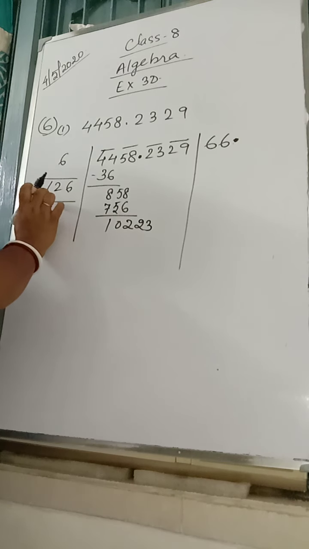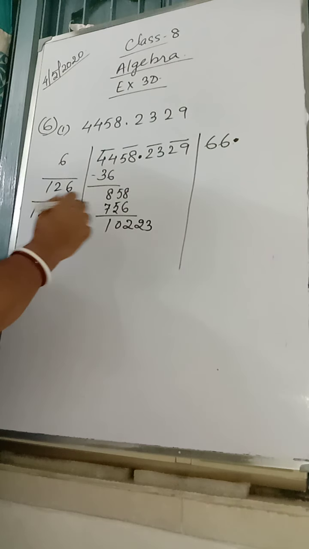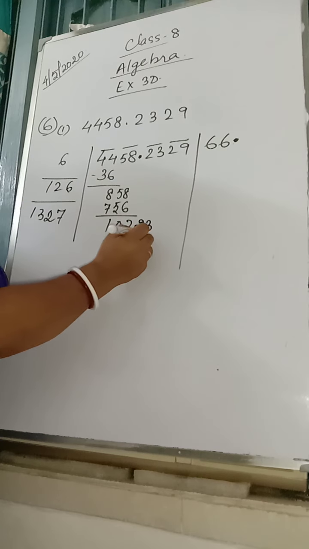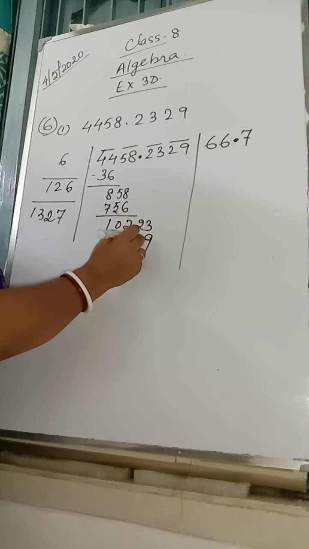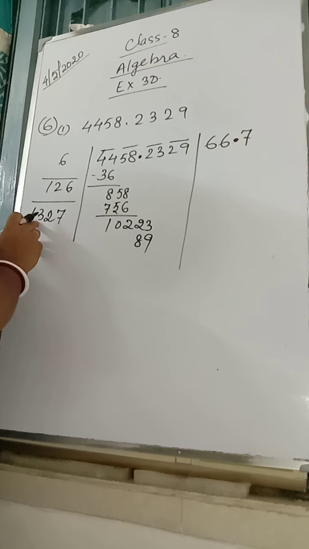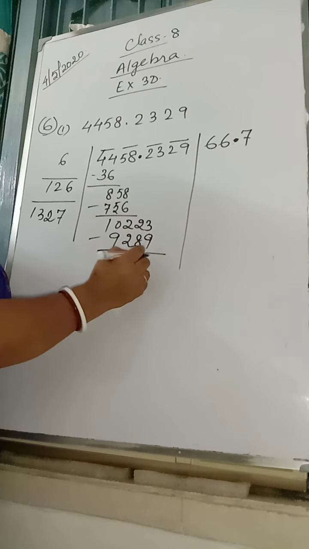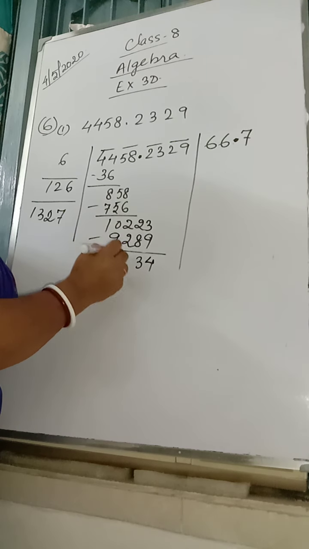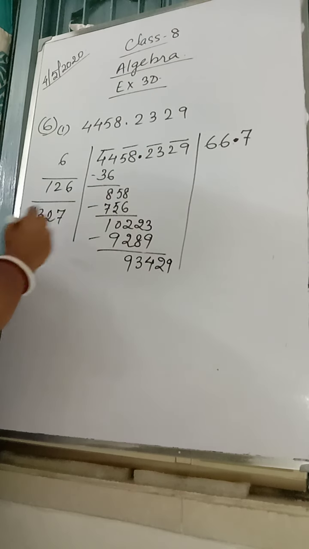Now you hide 1 digit here, 2 digits here. 13, 8s are 104. So we'll go with 7. 7 sevens are 49. 7 twos are 14 and 4 is 18. 7 threes are 21 and 1 is 22. 7 ones are 7 and 2 is 9. 13 minus 9 is 4. 11 minus 8 is 3. 11 minus 2 is 9. Then we'll have 2 9.